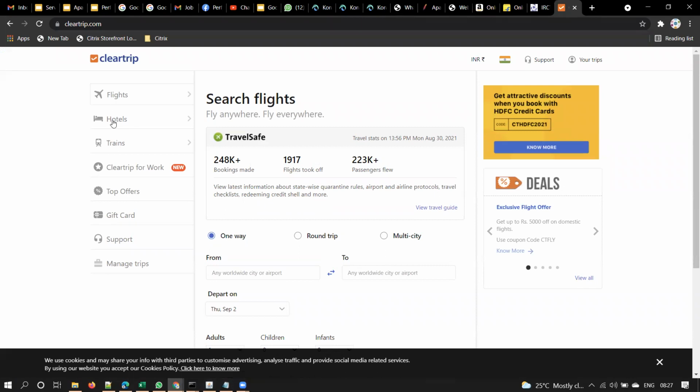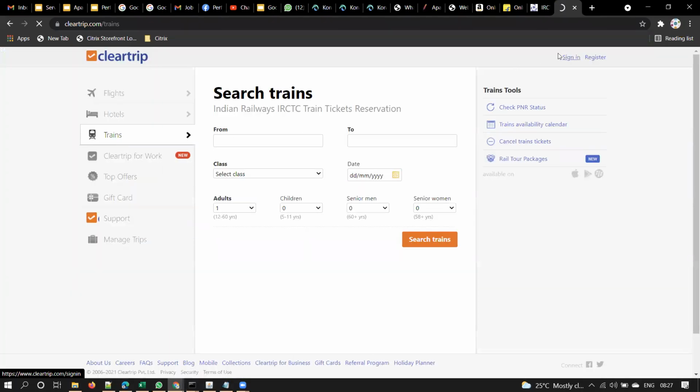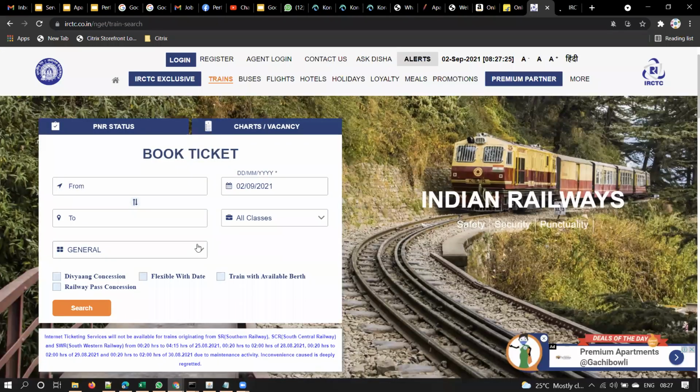In ClearTrip you can book train tickets or flight tickets or anything. So then I switched to ClearTrip. Obviously that is what happens. If your application is not performing well, the first thing is you will lose the business. Here, IRCTC lost that business. For every ticket booked, they will get some commission. That is how IRCTC earns revenue, isn't it? They will lose that revenue if users move to some other website.